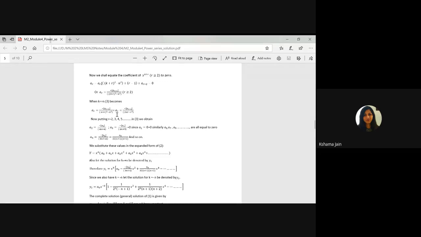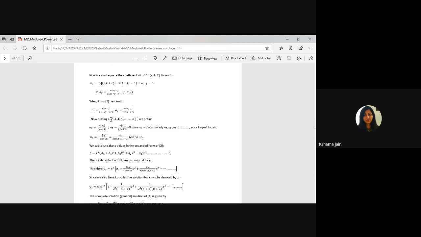Same as the previous one, we need to put different values of R. We will get R equal to, here, R minus 2. So I can't start from R equal to 0. Why? Because if I take R equals 0, it will come A minus 2. But our series starts from A naught. The first term is always A naught. A naught will come when I take R equal to 2.